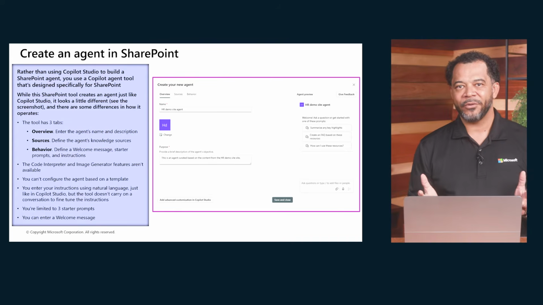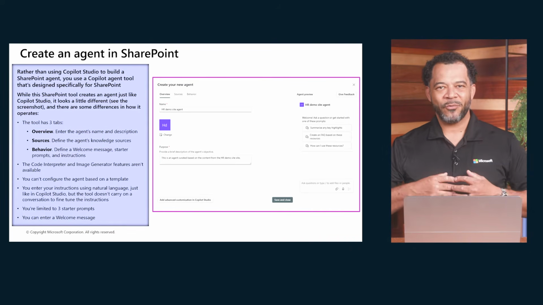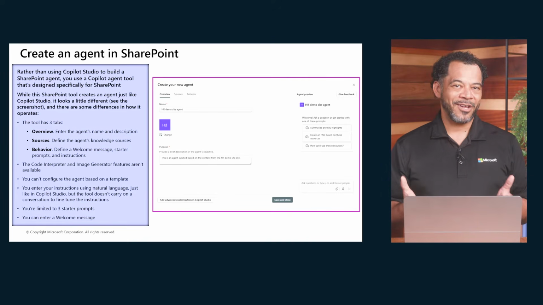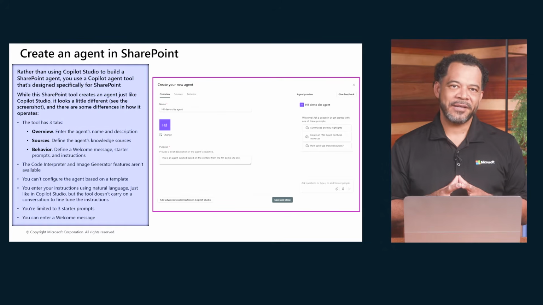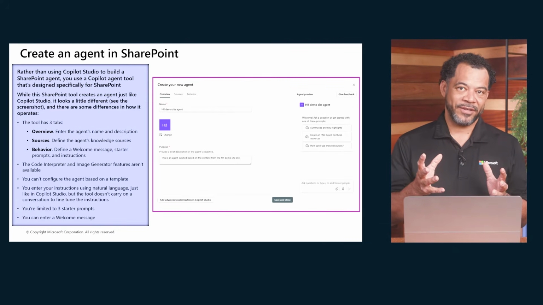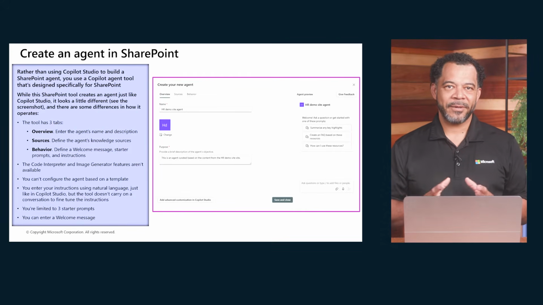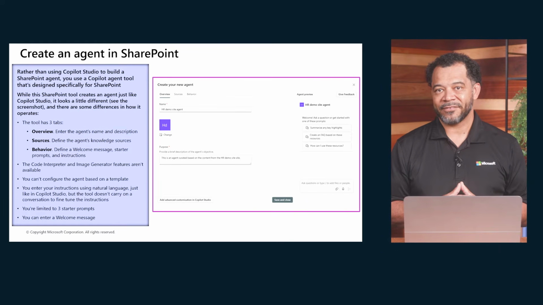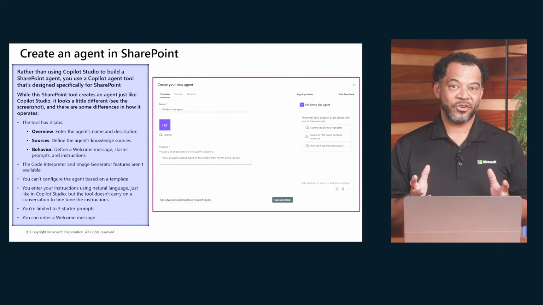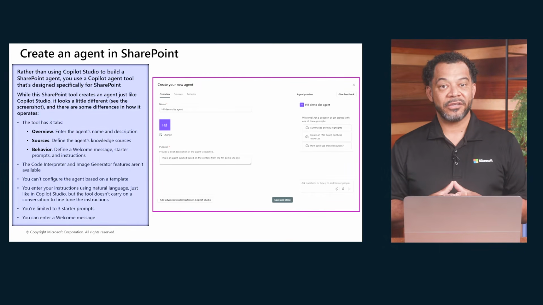In the Overview tab, you'll enter the agent's name and description. This helps users understand what the agent does and sets the tone for its interactions. The Sources tab is where you define the agent's knowledge base. You can point it to a specific SharePoint site, folders, or files. This is important because the agent will only respond based on the content you give it to access. So if you wanted to answer questions about a project site or document library, you'll need to include those sources